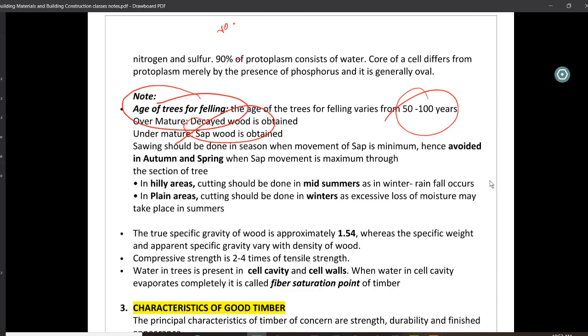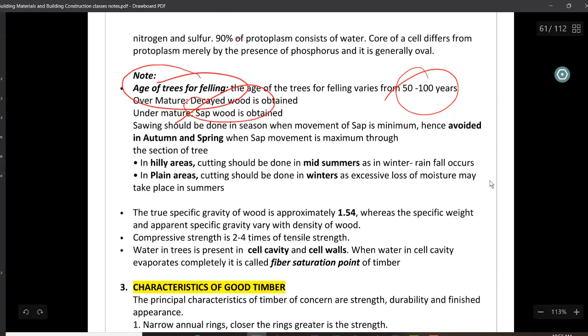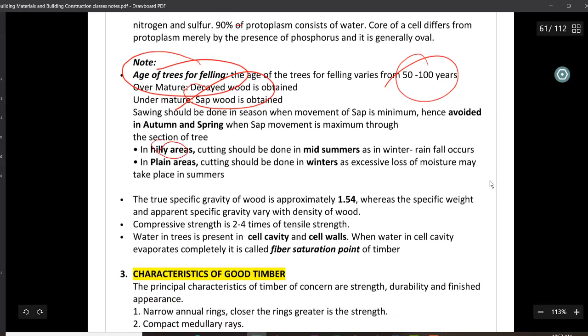Done. And you can ask me, sir, at what time we have to cut the trees, can we cut all over the year? No, ऐसा नहीं होता है. If you are living in hilly areas, generally mid summers में कर लोगे, because in the remaining seasons you will be having waterfall or cool winters. When it comes to plain areas, basically हम कब करते हैं, winters में करते हैं,